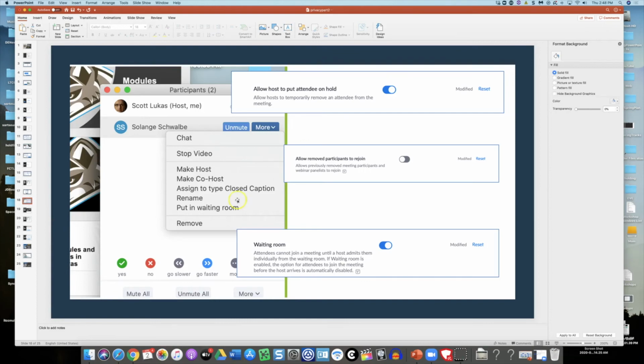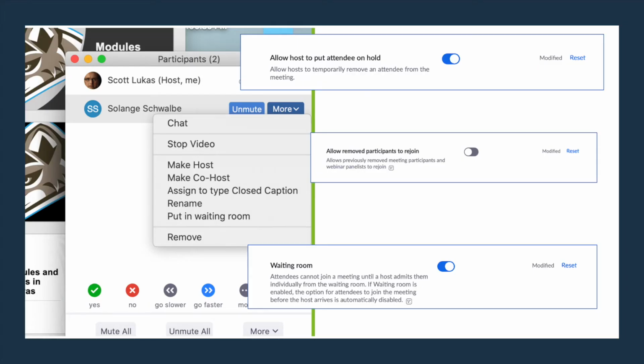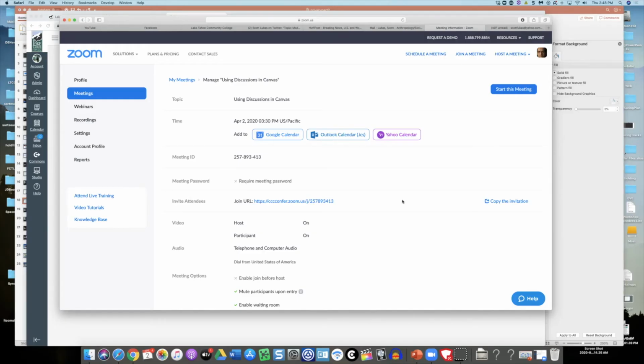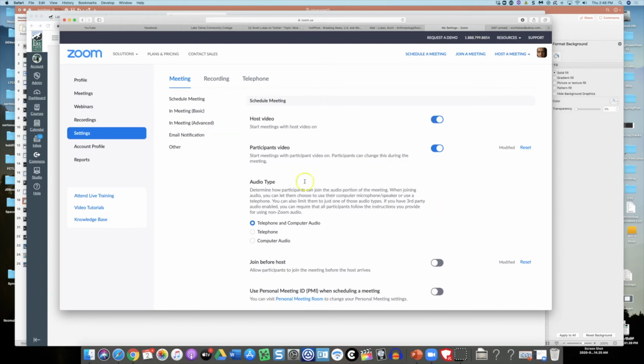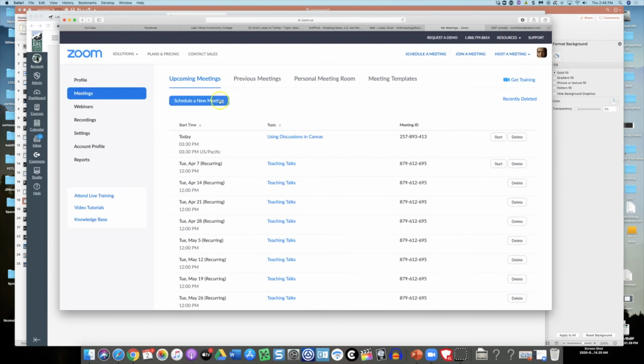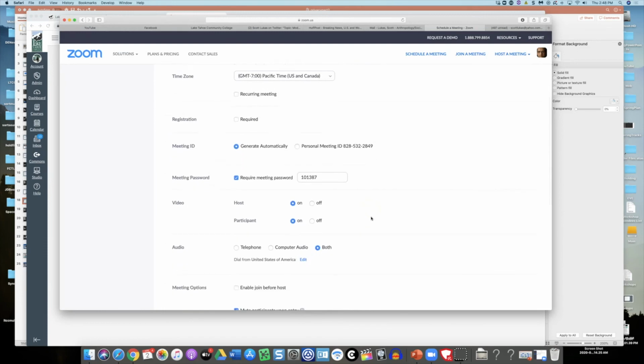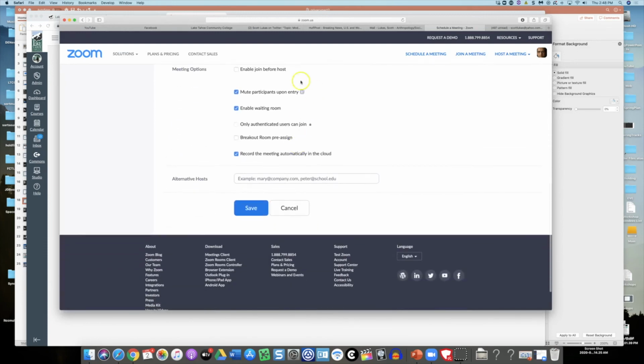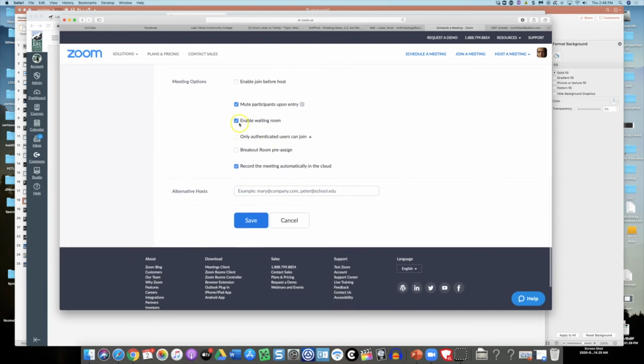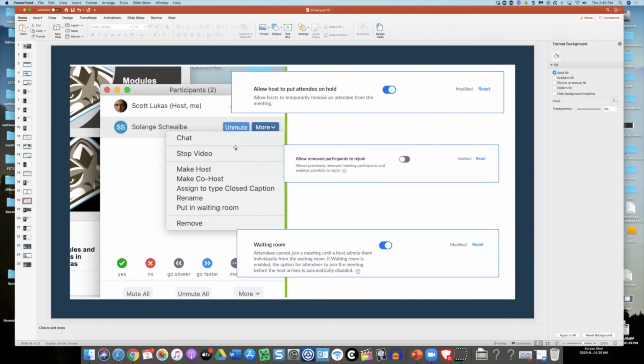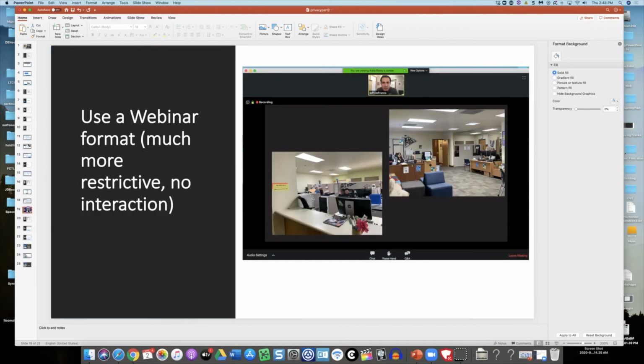Now, again, to do some of these options that happen in real time, you have to make sure that some of this is set up ahead of time on your settings or was checked potentially on the meeting setting, depending on where you're working from inside of Zoom. So again, refer to either settings to do some of this, or if you're creating a new meeting, when you schedule the meeting, not as many options, but some of those, including mute participants and enable waiting room, would be options below. So just be sure to check those if those are appropriate to your security measures.